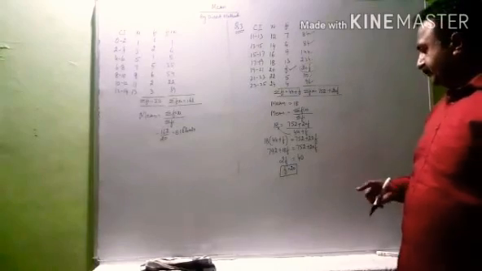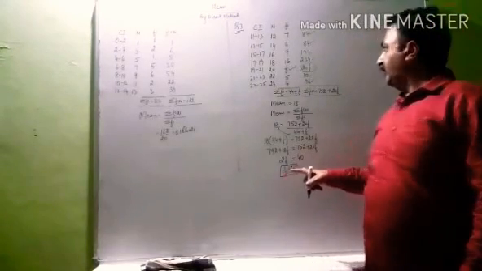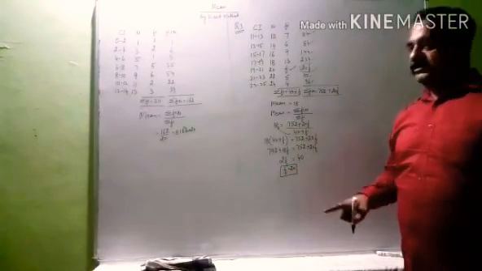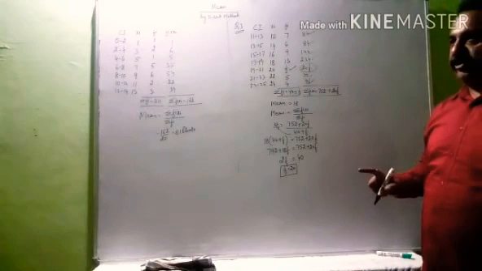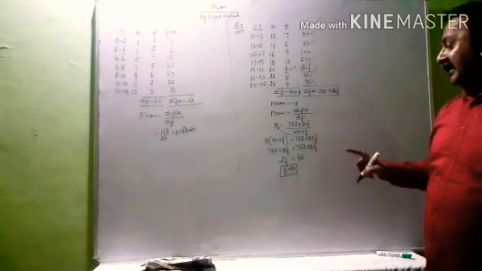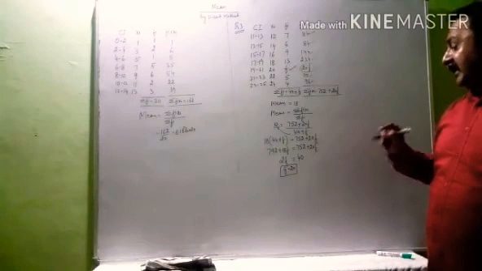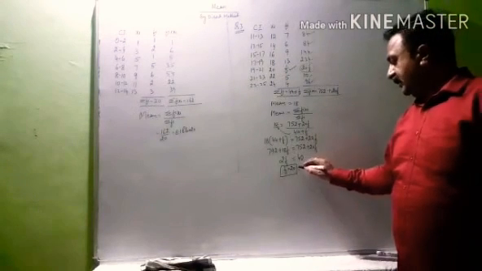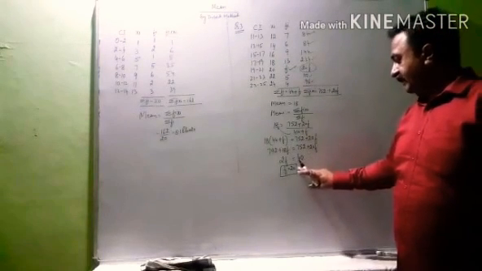Now children, whenever you are calculating the frequency, it is always in whole numbers. It cannot be a fraction or negative. So the number of things are always in whole numbers. So f is equal to 20.